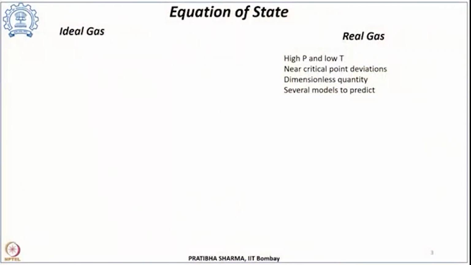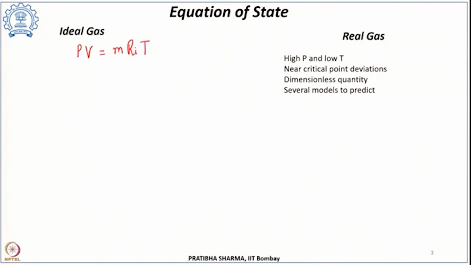Now, another thing let us revise is the equation of state. There are different independent state variables which are related and can be expressed in terms of the equation of state. This equation of state is fundamental in describing the nature of the gas, how it is going to behave. For example, if we consider an ideal gas, we know the ideal gas law where the pressure, volume and temperature are related as,